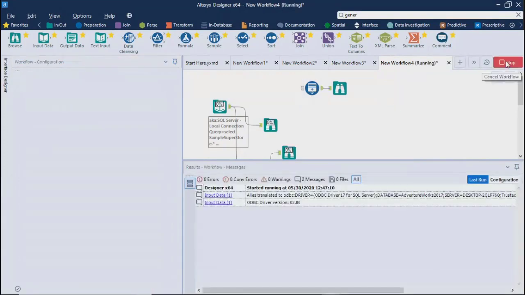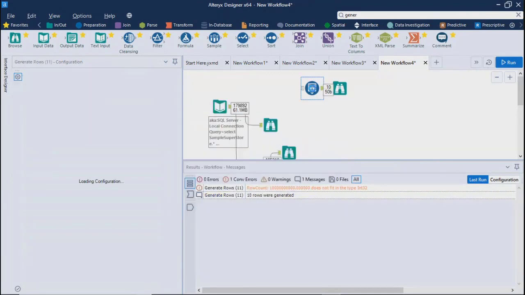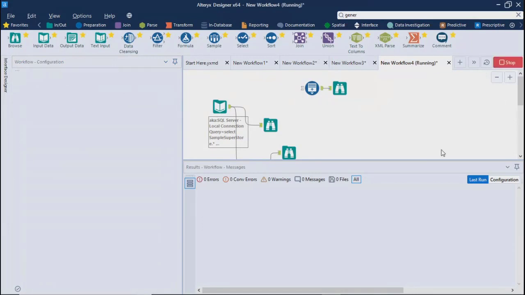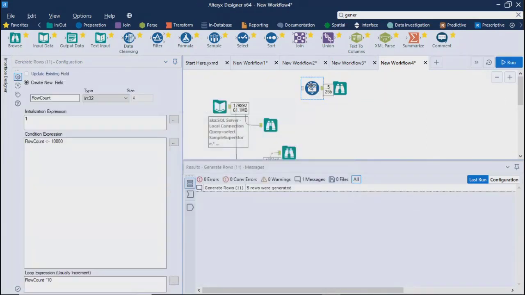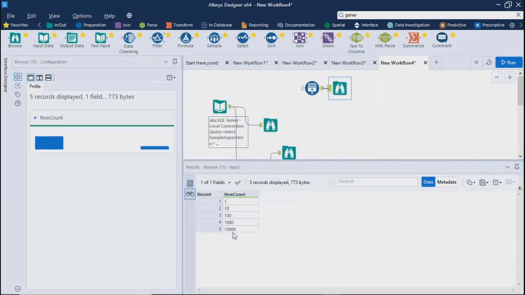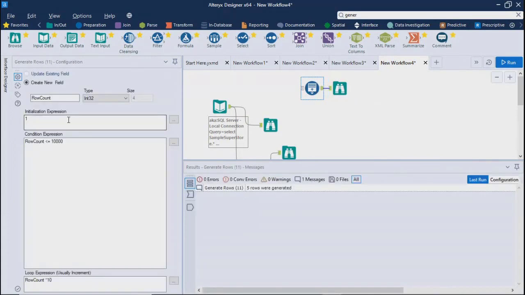If I run this time, okay, does not fit. So these are the rows which it has generated, right? It will help you in case of looping concepts.